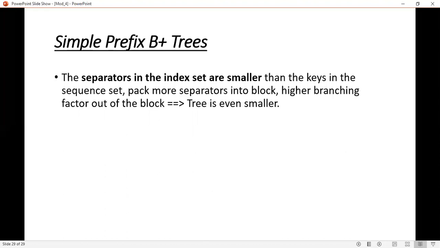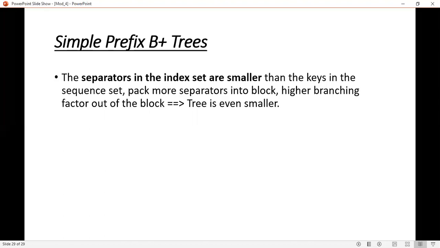And in simple prefix B plus trees, in the index set you used the separators, which take less space than the keys. You built the index set with the separators. This is what all these trees are about.